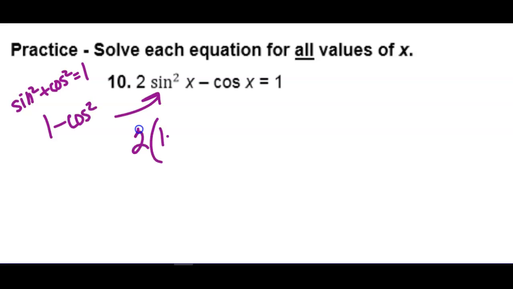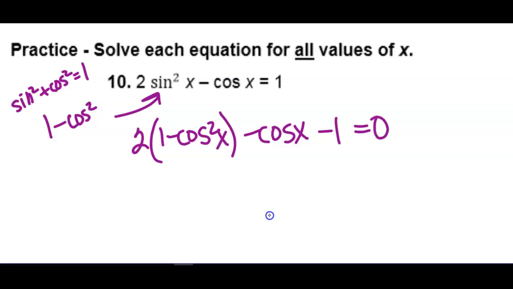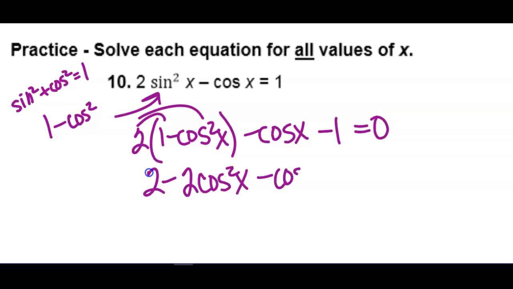So I have 2 times 1 minus cosine squared minus a cosine, and I'm going to subtract that 1 over and make it equal to 0 while I'm here. All right, distributing gives me 2 minus 2 cosine squareds minus a cosine minus 1 equals 0. This 2 minus the 1 back here is a 1. Now I have this,